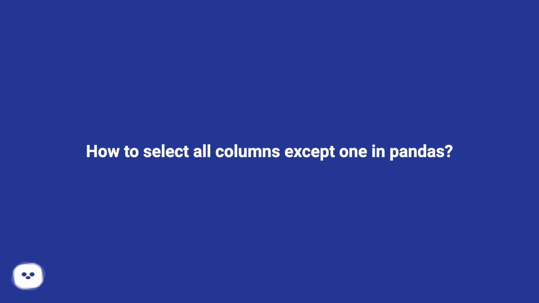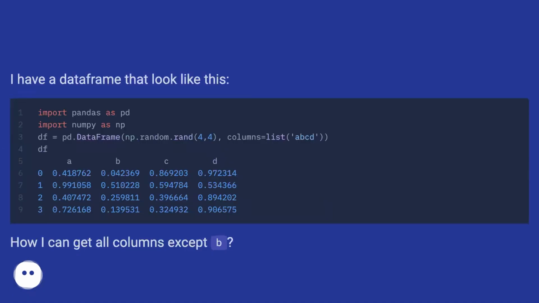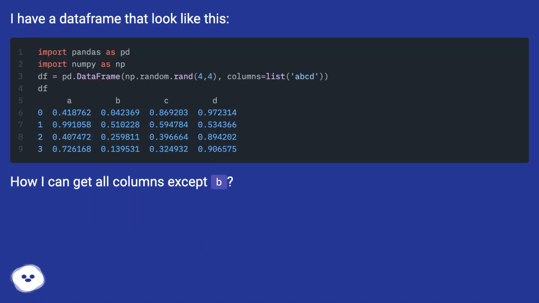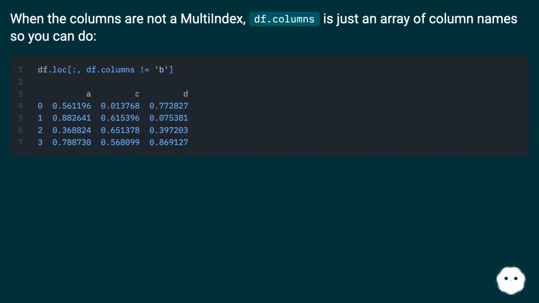How to select all columns except one in Pandas. I have a data frame that looks like this. How can I get all columns except B? When the columns are not a multi-index, df.columns is just an array of column names, so you can do